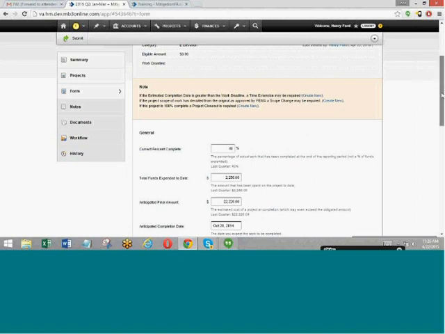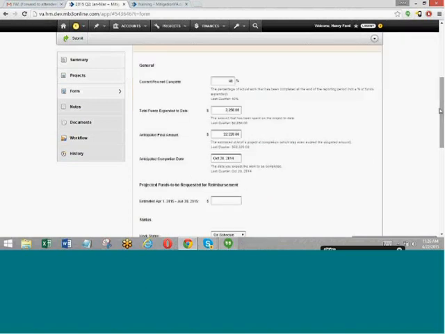So the quarterly report form is very basic. It's just percent complete, and the funds that you have expended to date on that project. It's not referring to what you have submitted to the state for reimbursement. It's just what have you expended to date on this project. And then if you have less than 100% complete, it will also ask for your anticipated final amount. So what do you expect the total cost to be at the end of the life of the project, and when do you expect to complete the work on this project.